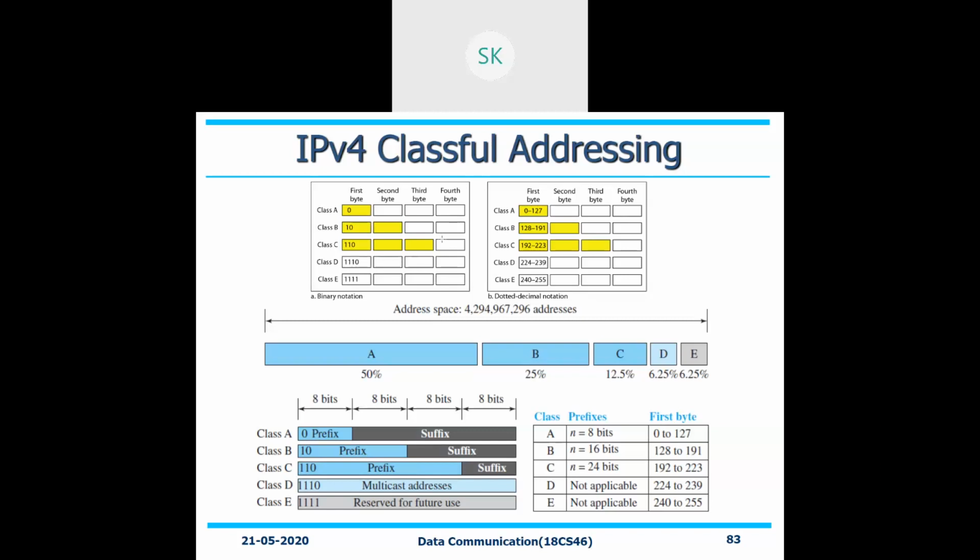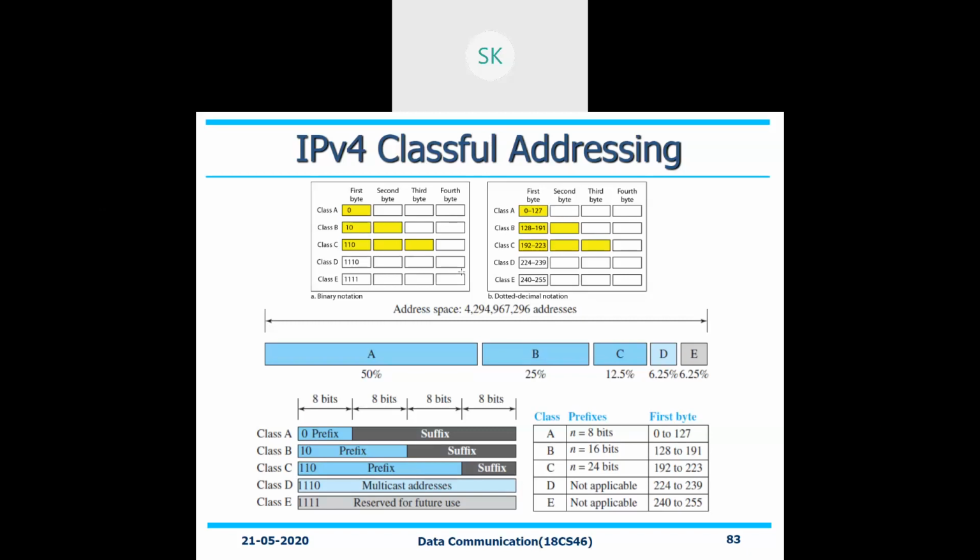That is 0 to 254 only, you can select it. But here 0 to 255, 0 to 255, that means 16-bit will be reserved for it. So here 24-bit will be reserved. But with respect to your class C, it is only 0 to 255, that is 8-bit length. But class D and class E will be reserved for some other operations. Normally class D and class E will be reserved for different operations.